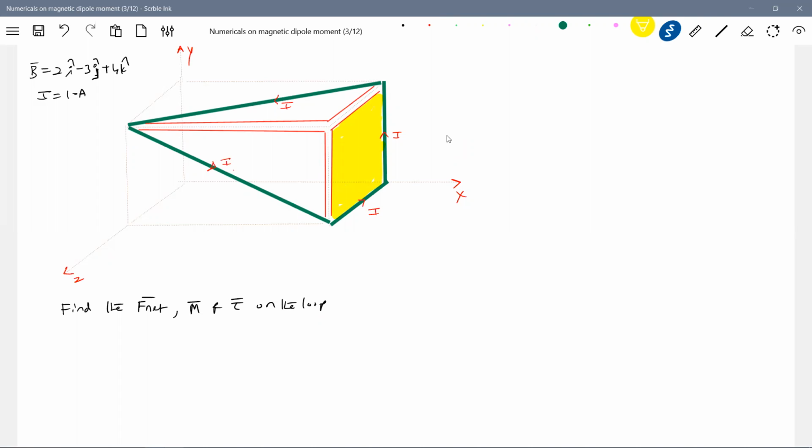Hope everyone is able to understand. The loop is what I'm reflecting through this shaded diagram. Now get into the calculation part. Equal and opposite current elements are introduced. So now calculate the dipole moment of individual loops lying in different planes, then take the vector sum. You can assume any number of elements, but the minimum number of current elements is to be assumed. That's the one rule I have put.